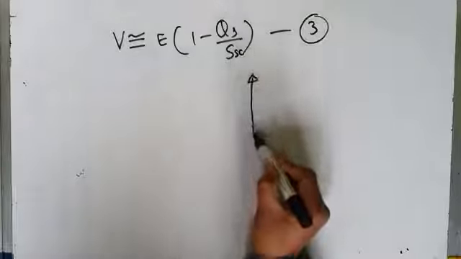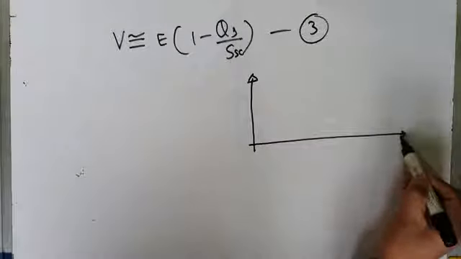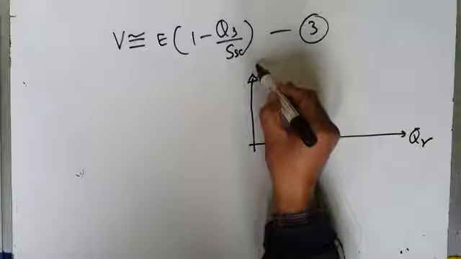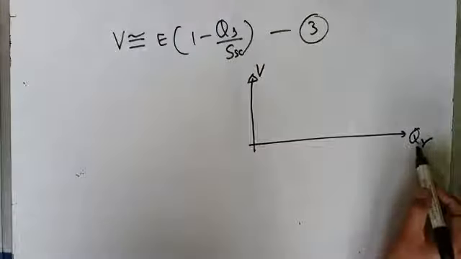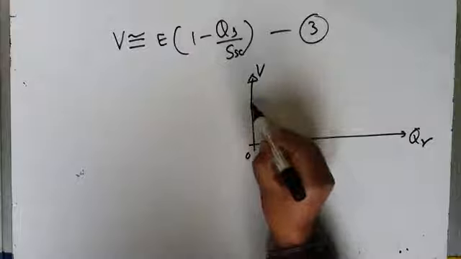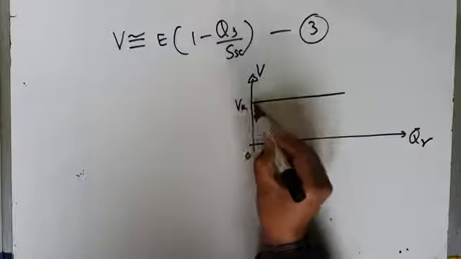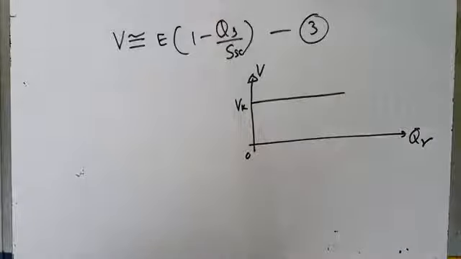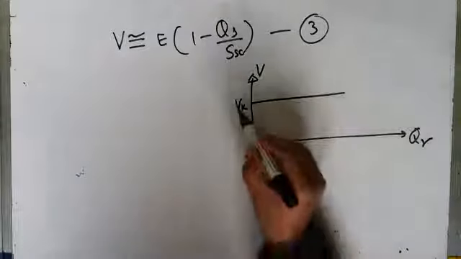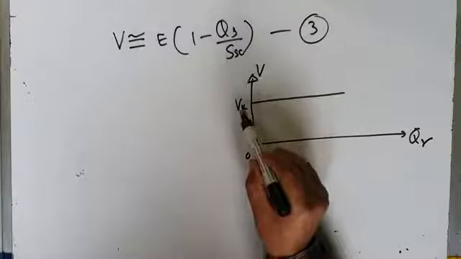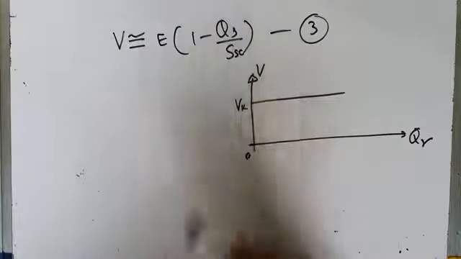Let me show you a very important plot. This is the injected reactive power, Q gamma. And let me show you how this bus voltage varies with injected reactive power. The aim is to maintain this bus voltage constant at Vk. Vk is the rated bus voltage, and it is equal to E. The aim is to make this V equal to E, and the rated voltage is Vk.